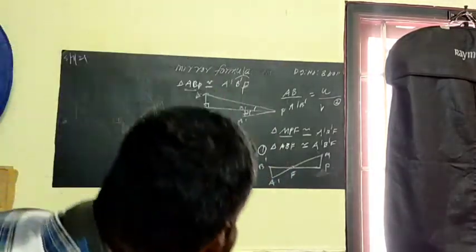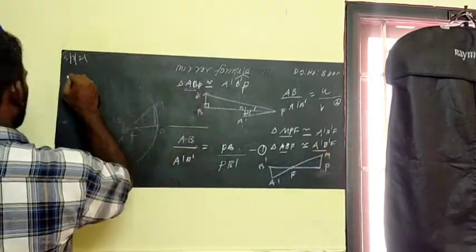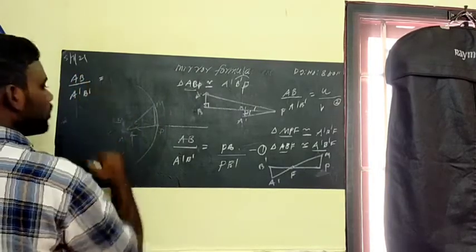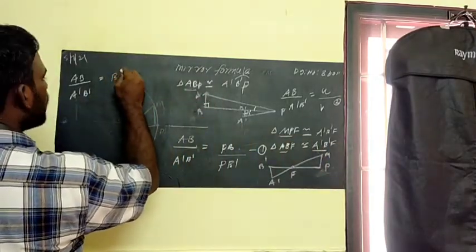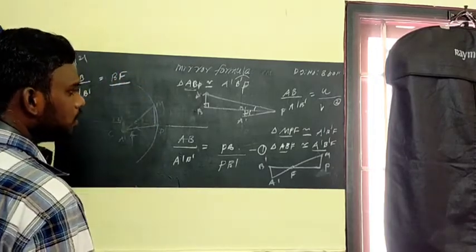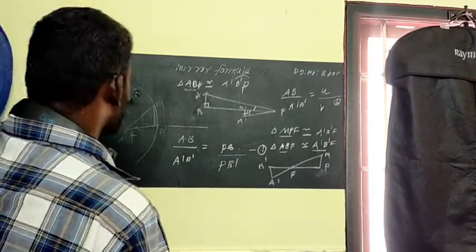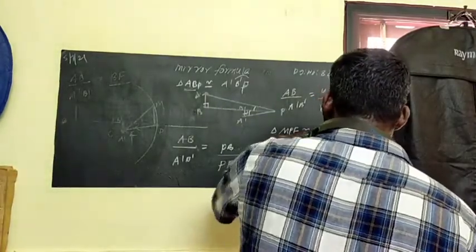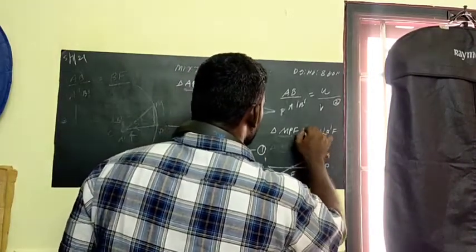So now write the same side. For AB we have A'B'. Second, write, in place of AB we have A'B' equal to BF, that is BF divided by what? That is B'F. Wait a minute, I want to check. No, first we will write it, so we will keep it the same. Then after, you can change. Don't change MP. After, we will change. We can keep it the same.